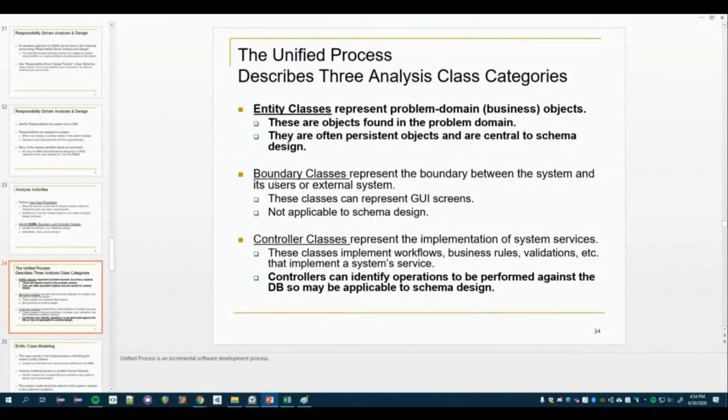But both of those are examples. Services and user interfaces are examples of boundary classes. Controller classes then are the most complicated. Controller classes implement workflows. So if you have a workflow for register customer, if the customer decides to register with